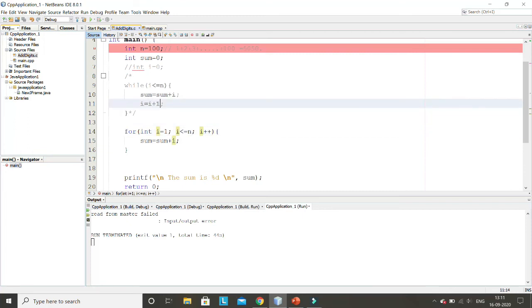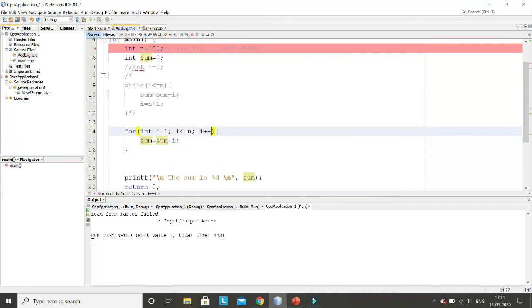Here also, in your previous program, instead of that you could have also written it this way, it was also correct, but this is easier for your understanding. Now I'll explain all these operators like i plus plus, i minus minus later. So what I was explaining: in a for loop there are three parts inside this expression. This is the initialize part. This will execute only once and only initialize the value of i as 1. Next it will check this condition. If this condition is true, this statement will execute, same as the while loop. After executing this statement, it will again return control here and increment the value of i.